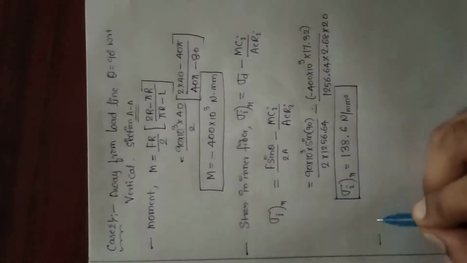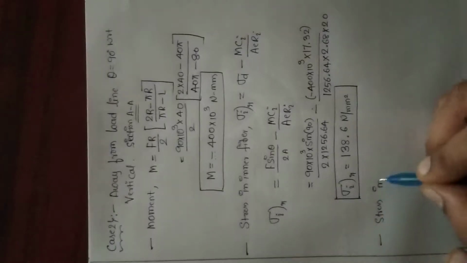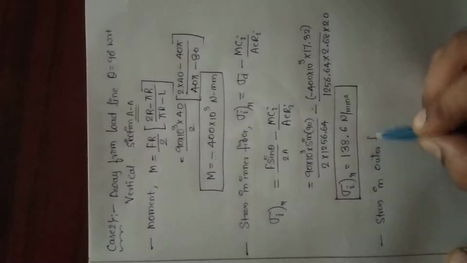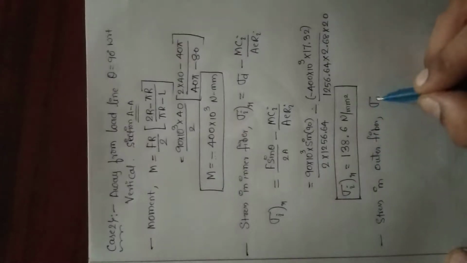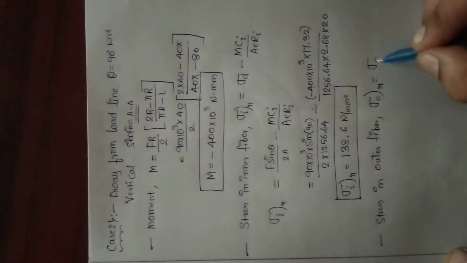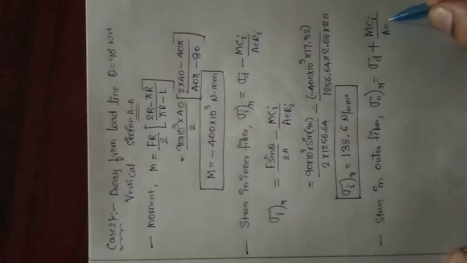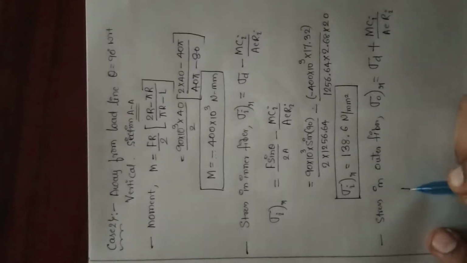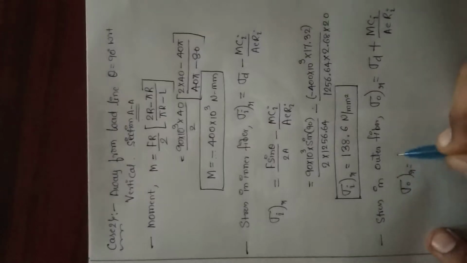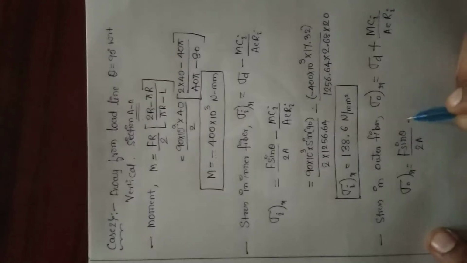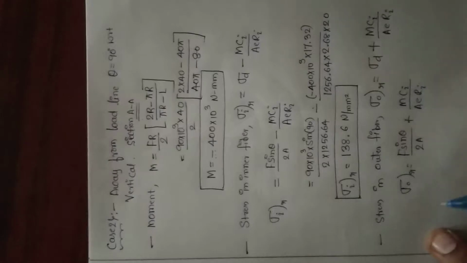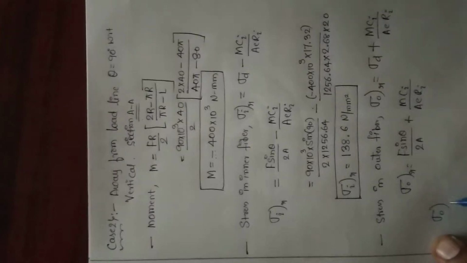Okay. So next, stresses in outer fiber. Sigma naught R is equal to sigma D, here positive. Why? Because it is tensile, it is tension. The outer fiber is in tension, but our moment we got negative there. So directly I write sigma R is equal to F sin theta by 2A, plus moment, let it be the same thing, because the moment is negative.